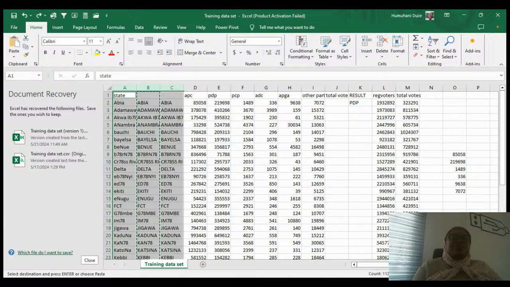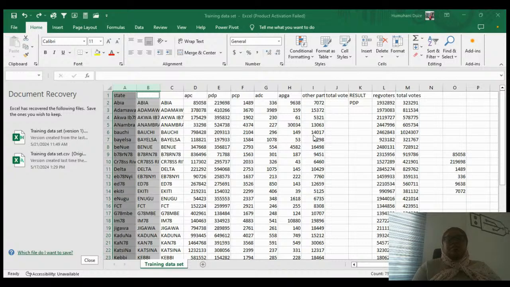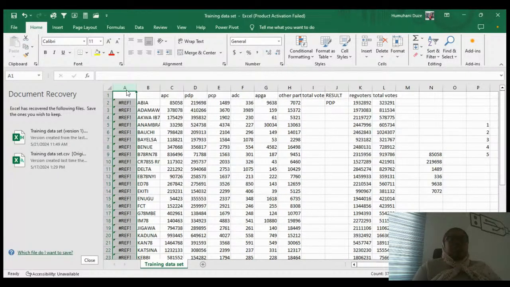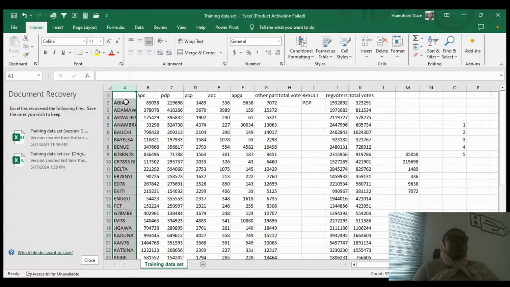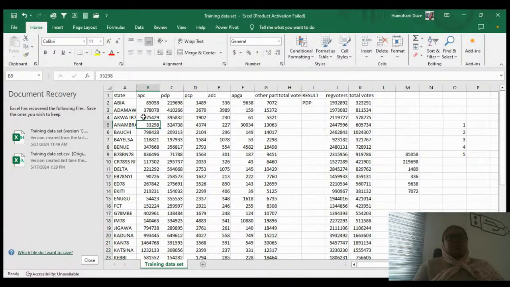I deleted everything. Okay, overlapping section. So let's delete it like this. Delete, delete. So we're using this. So let's write our states back here. Once we do that,